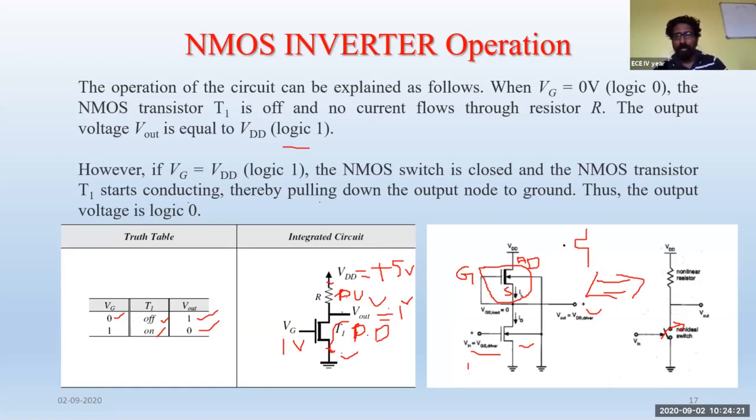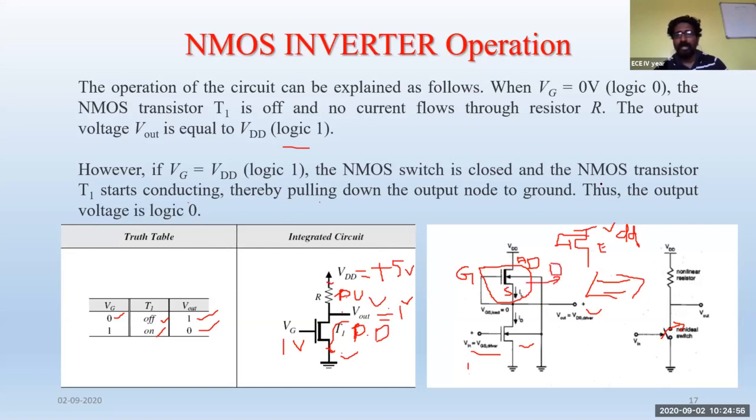I'm drawing only the first pull-up device. If you are trying to design an NMOS inverter with the enhancement mode transistor, the gate terminal should be connected to the drain terminal. That means to the VDD, and the rest will be the same. This bottom part will be the same. This is the enhancement mode transistor, or E-MOSFET, used for the NMOS inverter, and this one is the D-MOSFET which is used for the NMOS inverter.